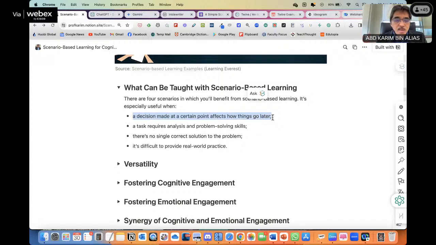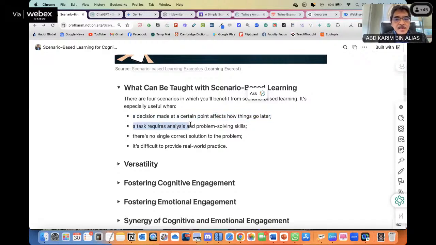So this is decision making. If you want to create activities where you require the students to apply their knowledge in making decisions, scenario-based learning would be one of the activities that you can use.